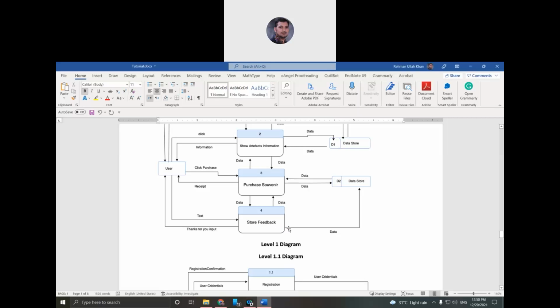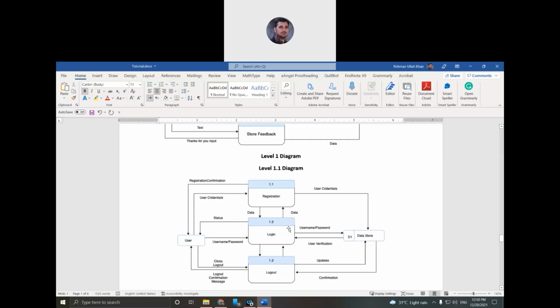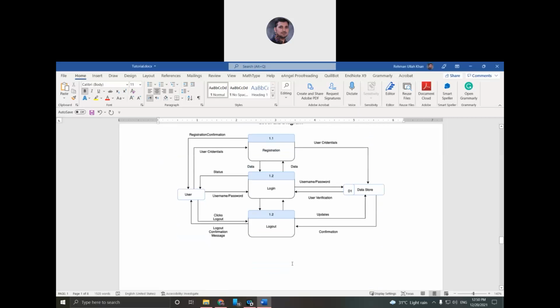Okay, so this is level 1. Level 2 will be needed if any one of the processes in level 1 is not clear. For example, if you see registration is not clear, then you can bring this one to level 2, and level 2 will be 1.1.1 and 1.1.2.